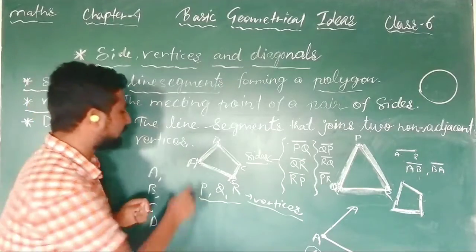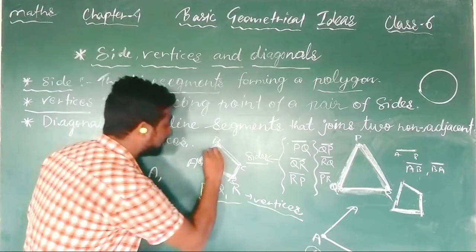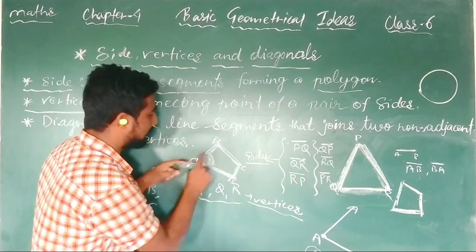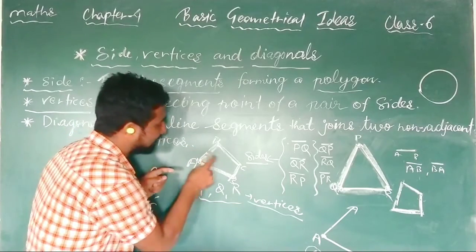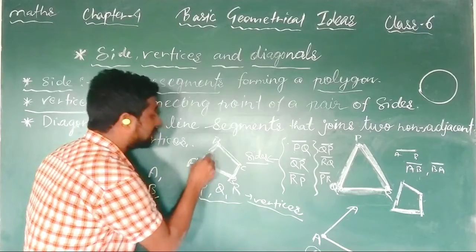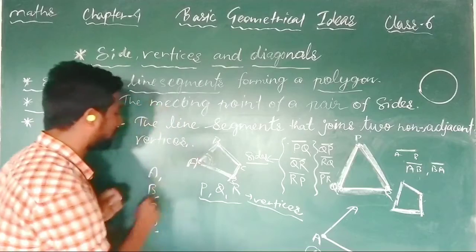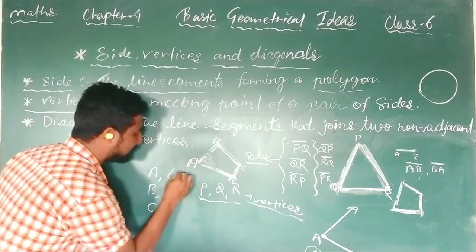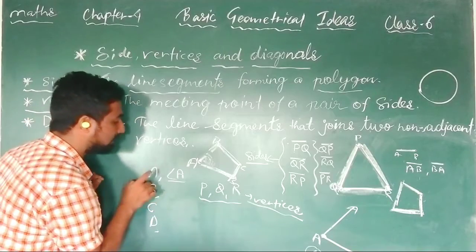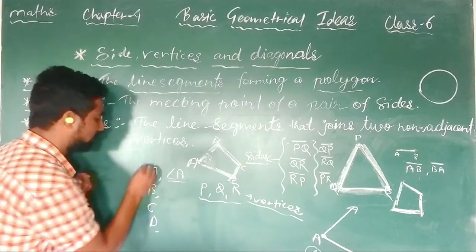Sir, you were saying that here an angle is formed. Yes, angle is this. What is an angle? When two rays meet at a point and an inclination is created, that is an angle. This is angle A. But the point where the angle is being formed, that point is called the vertex. So if you write angle A, it will be written with an angle symbol. But if you write the vertex, there will be no symbol.